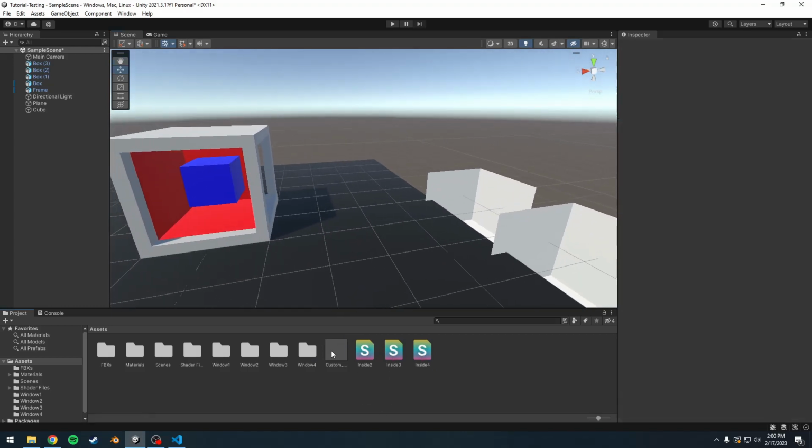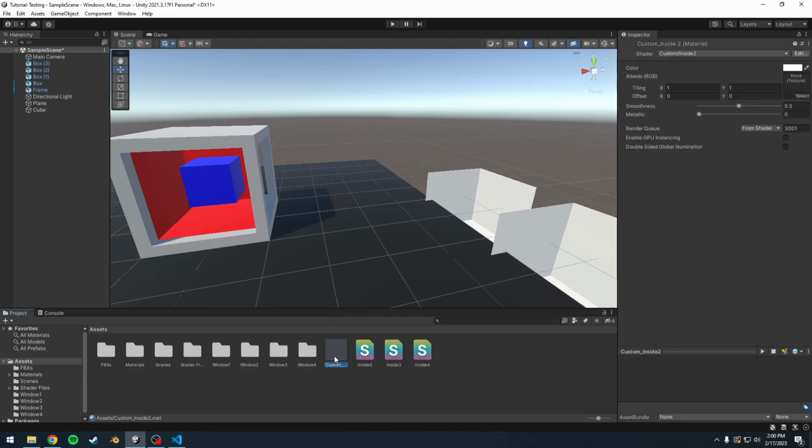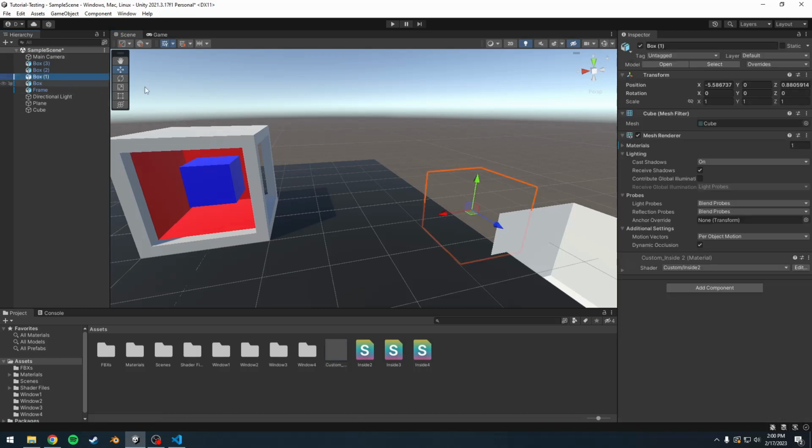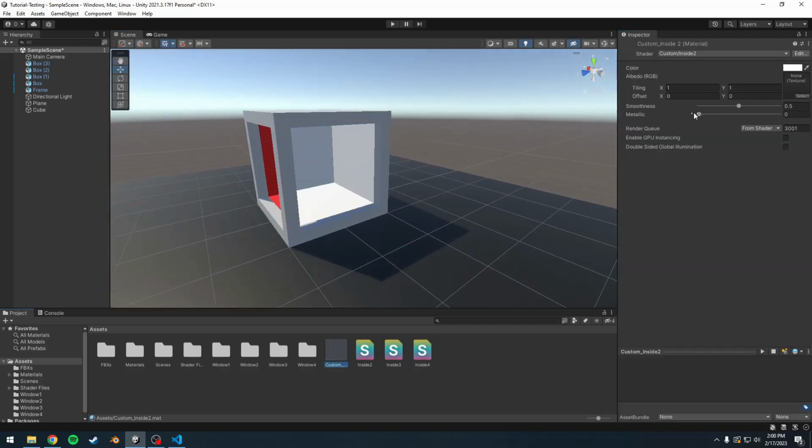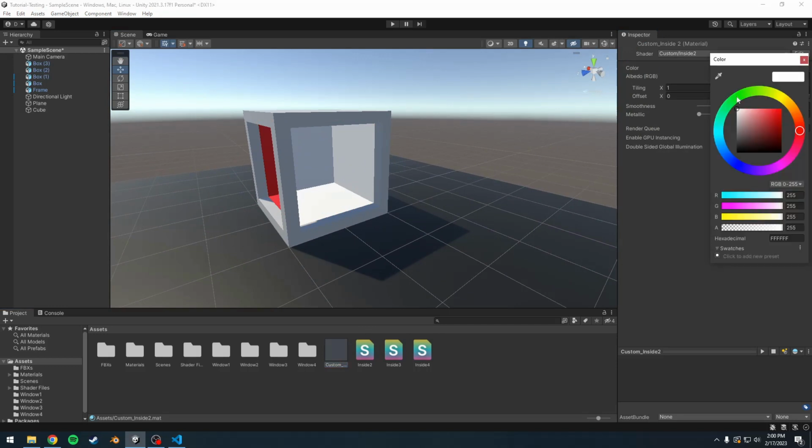So what we can do now is put this shader, this is inside 2, we're going to put it on this thing right here. And now that was what, box 1? So it's invisible, so you can still find it up here even if it's invisible. And we're going to put it at 0, 1, 0. So now it's in here and we can see it. And let's make it something interesting. How about green? There we go. Maybe,